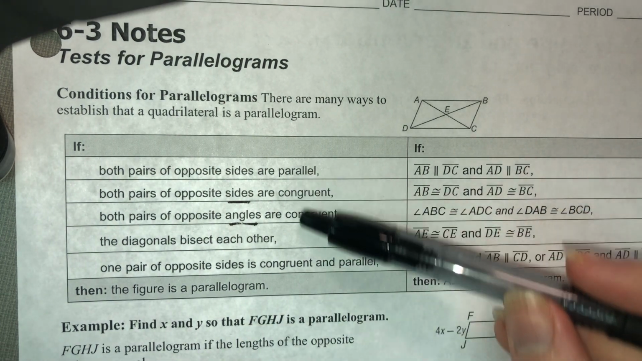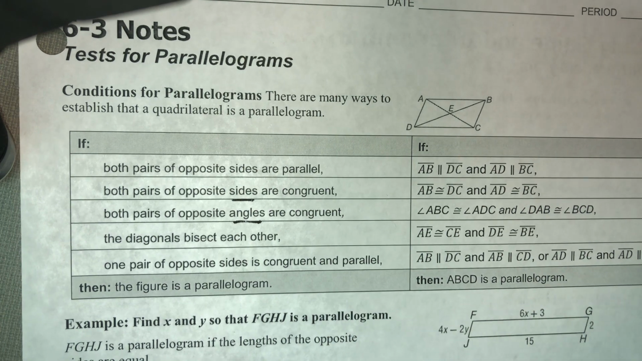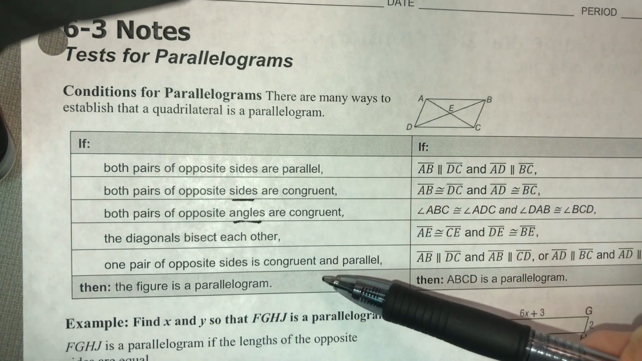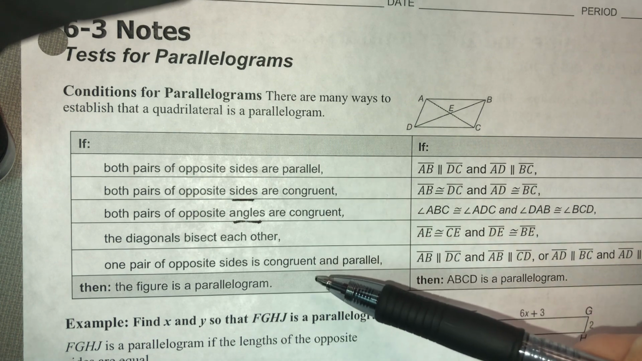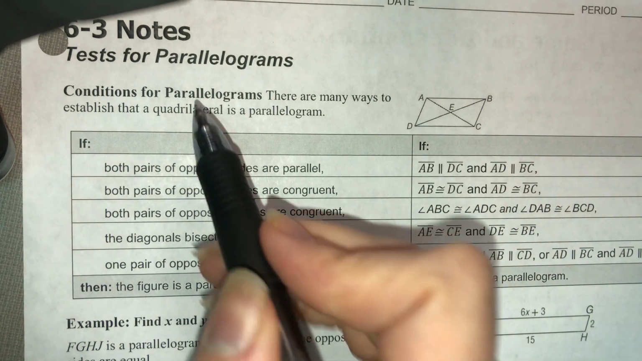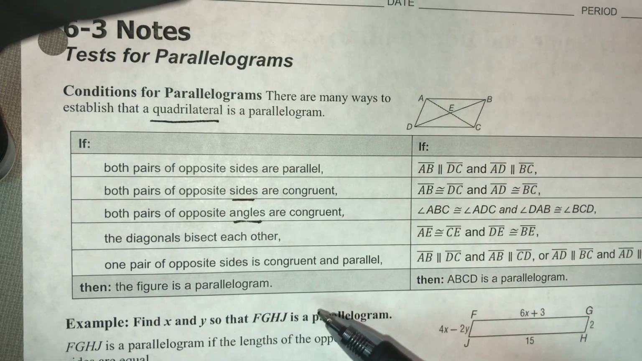So these are really the same properties we just discussed, but we're working backwards now, saying we don't know if it's a parallelogram. How could we tell? You don't have to check for all of these things. If a quadrilateral meets any single one of these criteria, then the figure has to be a